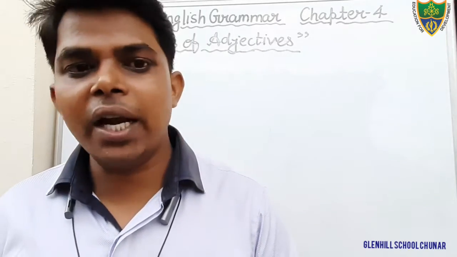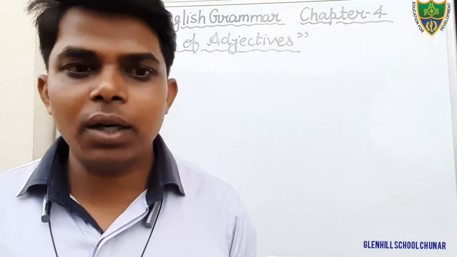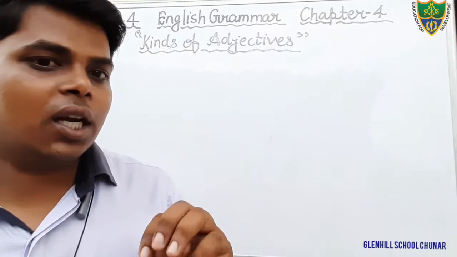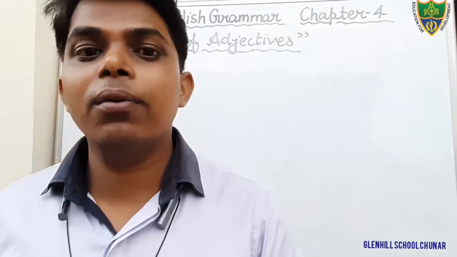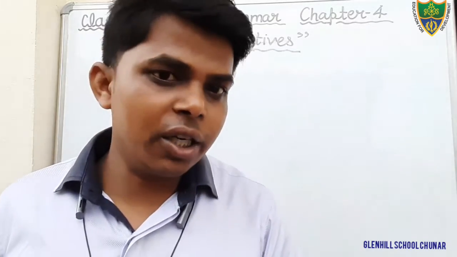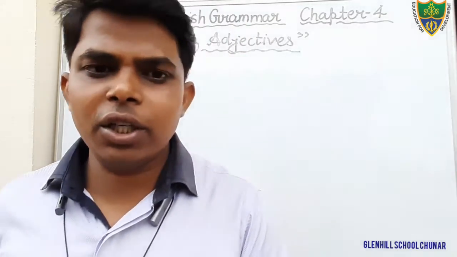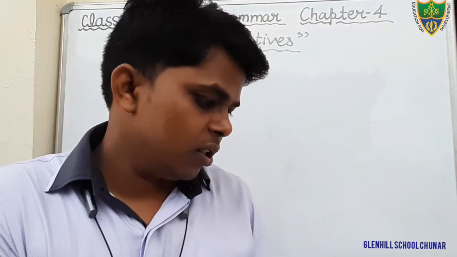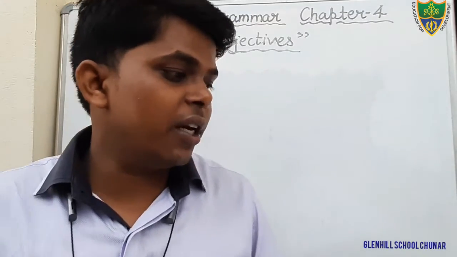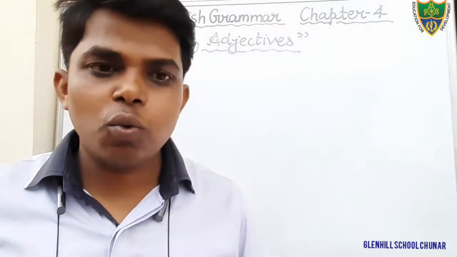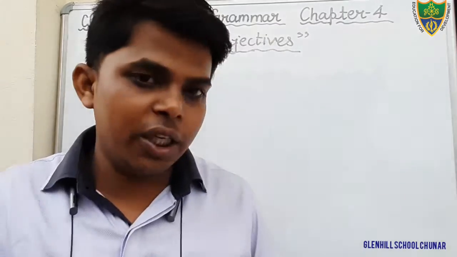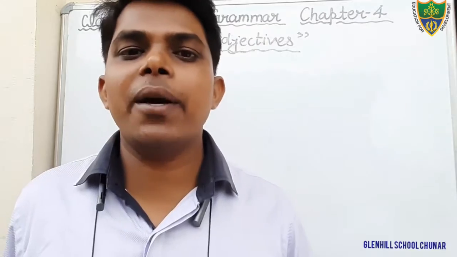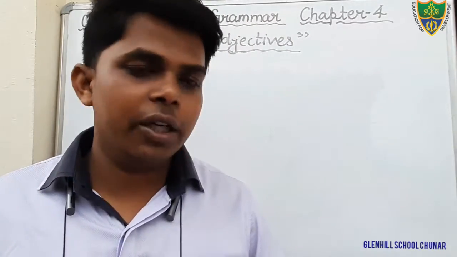Adjective of quality, adjective of quantity, adjective of number, interrogative adjective and demonstrative adjective. Dear students, in your book it is given only, I think, 4 only. No, only 3 kinds: qualitative, quantitative, as well as demonstrative, not 5. In your book 3 are given. Although there are 10 kinds of adjective, only 3 are given in your book.